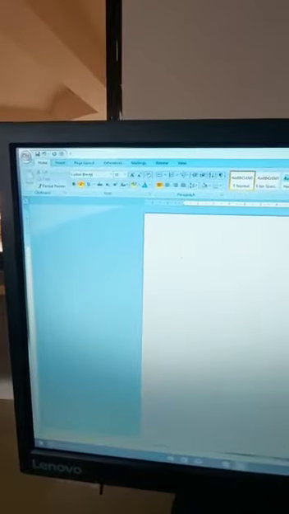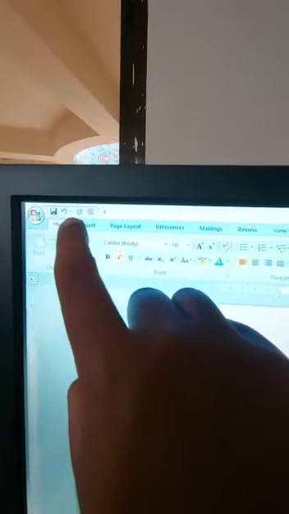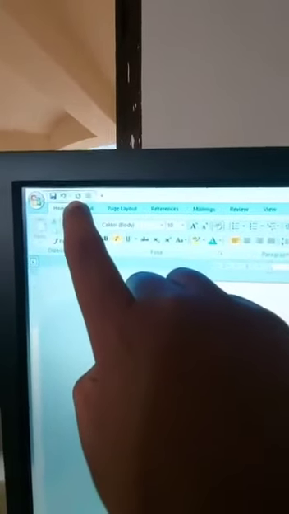Okay, so here one part you have to know. I am teaching you the parts of this software, Microsoft Word. So you are seeing the arrow marks here. Two arrow marks are there, this and this. It is used for undo and redo. That means whatever you had done previously, you will get back by pressing those arrow marks.